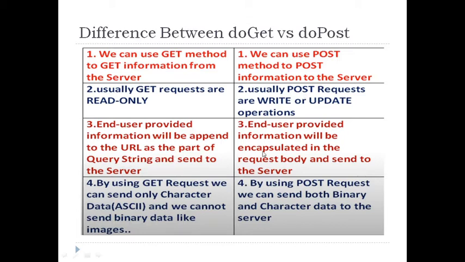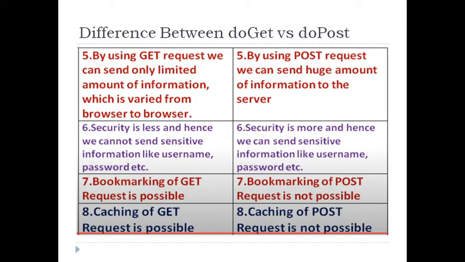As far as get and post methods are concerned, the get method will always transfer its data in the format of a query. We call it a query string, and it will only contain ASCII values, that is, only characters are allowed. So whenever you want to transfer a binary, an image, a PDF, or any file to be uploaded on a server, you need to use the post method. You cannot use get because it uses only ASCII values for transmitting the data from the client machine, the browser, to your server.